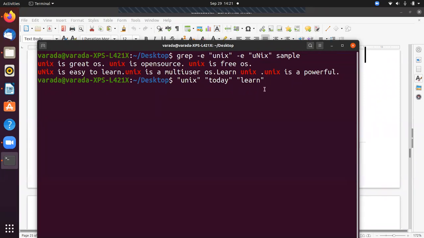Now by using hyphen f, in place of the pattern we are going to give the file name. We store these patterns in one file. So let us discuss. With cat I create a file ex2911. That is the file name ex2911.